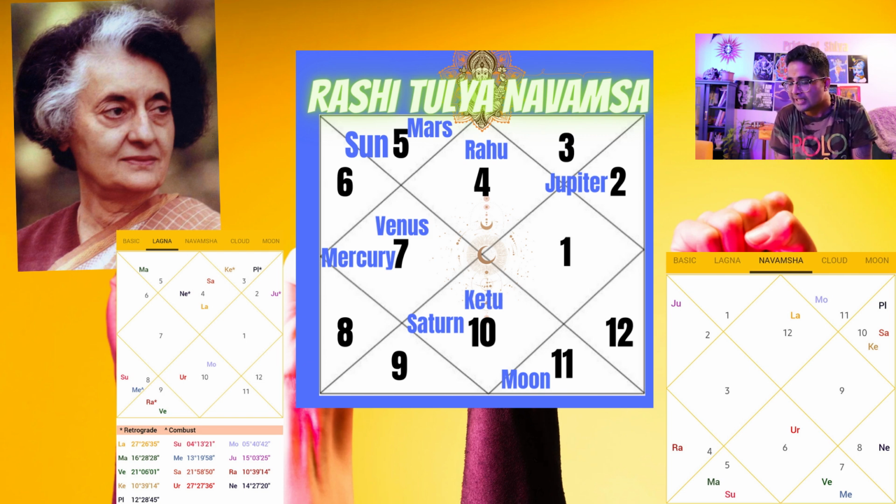So now guys, if you see the first house, Rahu from the Navamsa energy is influencing her first house. So Rahu in the first house, Saturn and Ketu in the 7th house, is definitely telling us that her persona, her public image is going to be of someone who is very formidable, someone who is highly diplomatic, and someone who knows how to intuitively get an idea about the moves of your rivals, of your opponents, how to crush any of the opposition.